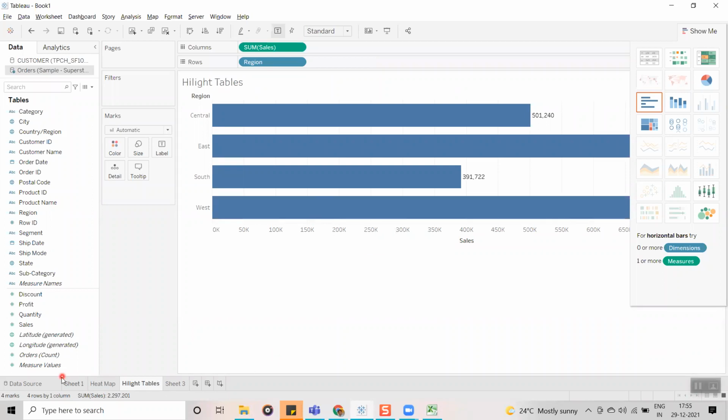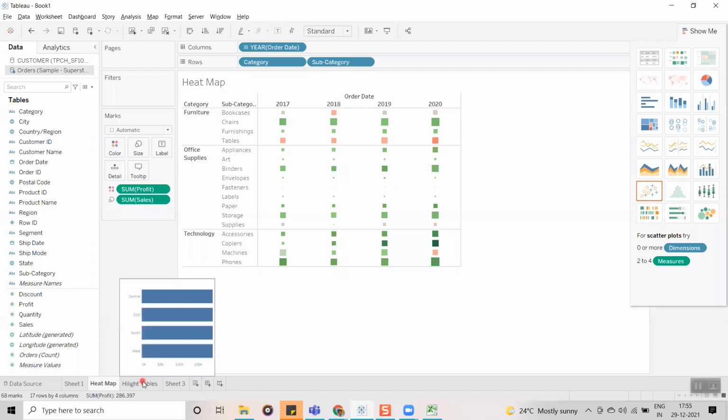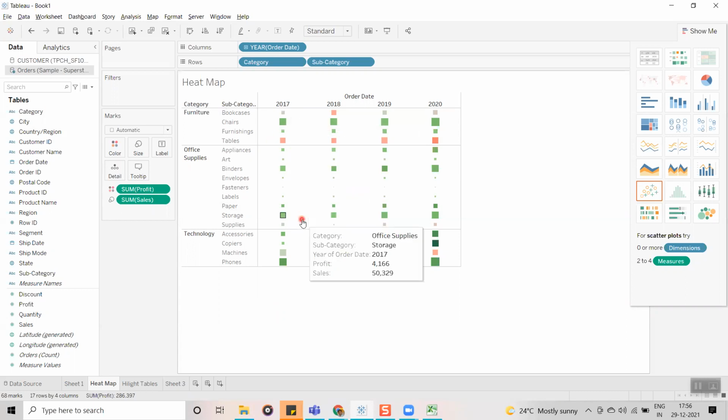So heat map and highlight tables, when are we going to use them? Whenever we want to display data and show the difference, like how it is moving from year to year. Specifically, if you have a small number of marks, as here where we have less data, it is easy to show.